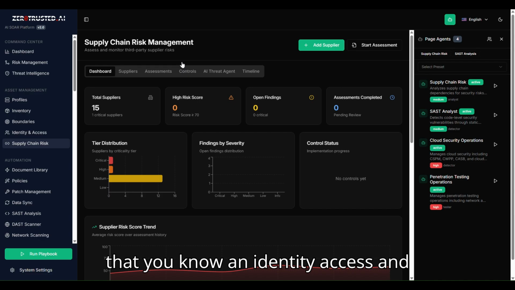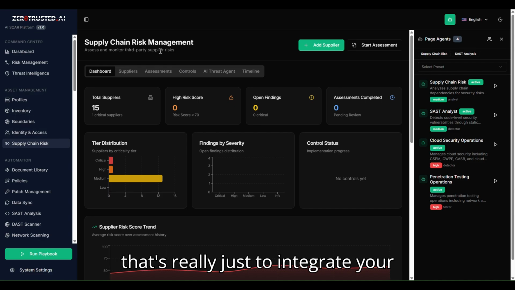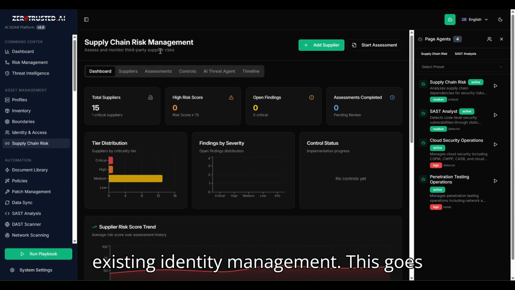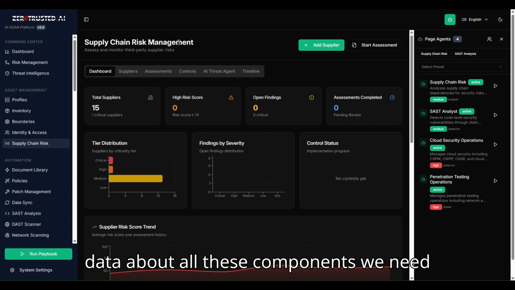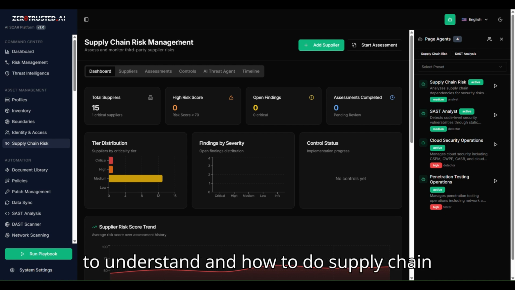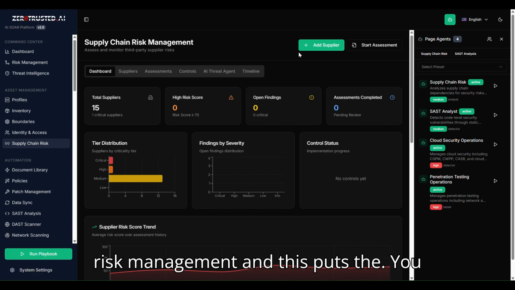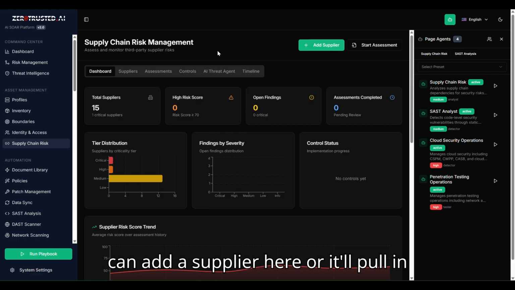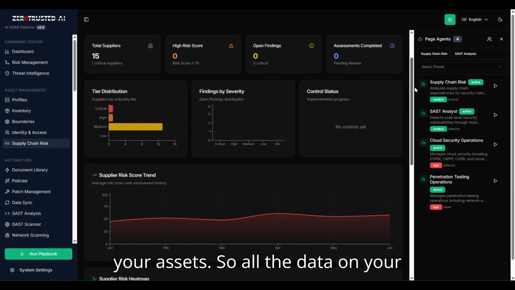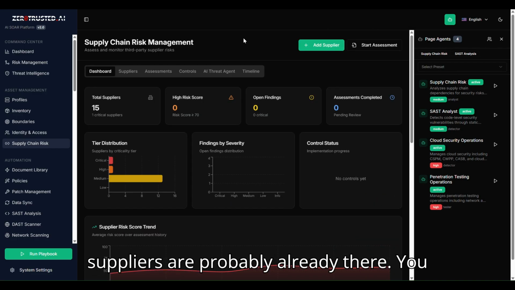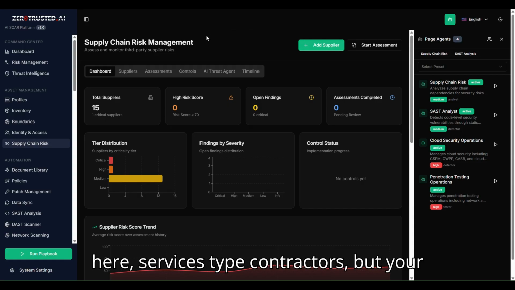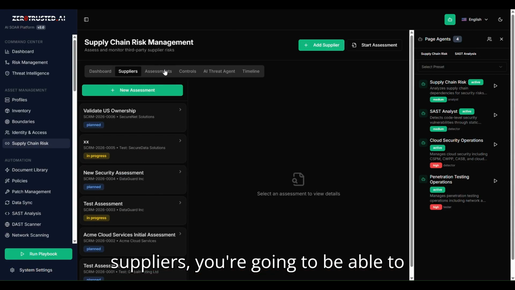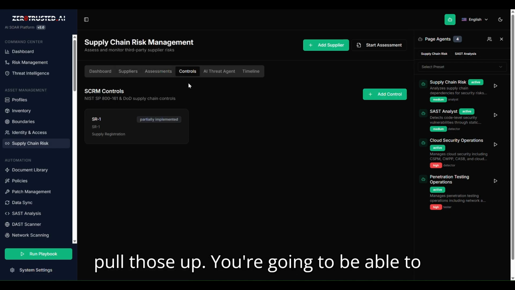You know, an identity access, and that's really just to integrate your existing identity management. This goes in, and now that we have all this data about all these components, we need to understand how to do supply chain risk management. You can add a supplier here, or it'll pull in your assets. So all the data on your suppliers are probably already there. You may have contractors you need to add in here, services type contractors, but your suppliers, you're going to be able to pull those up. You're going to be able to do assessments on them. You're going to add extra